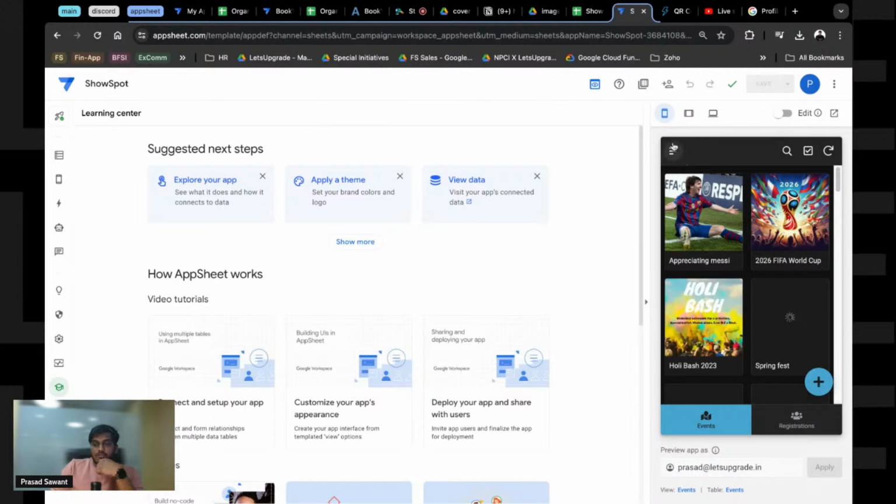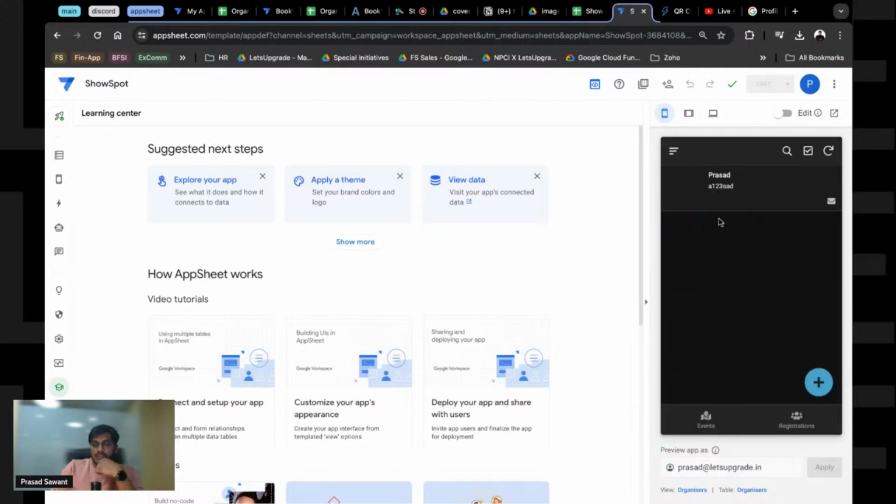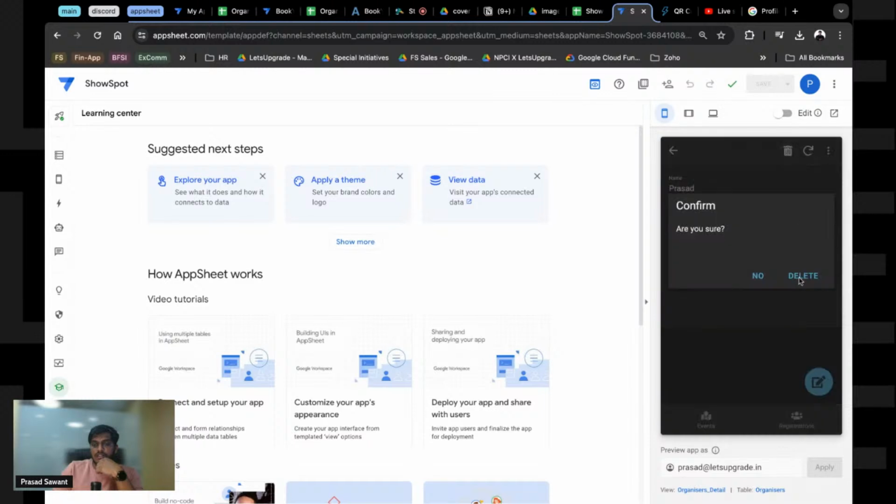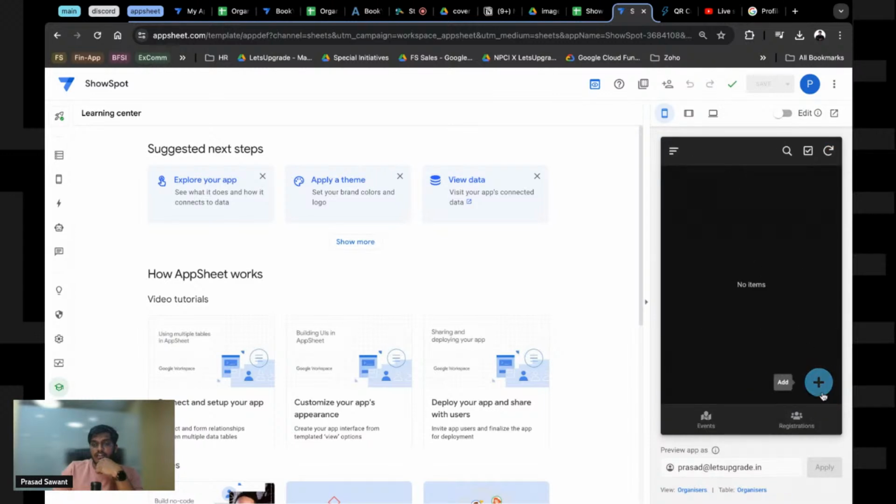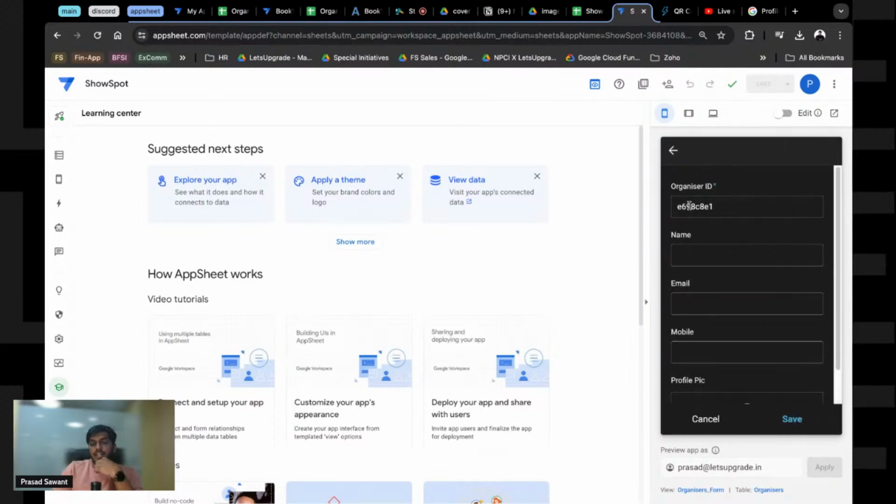And basically I'm going to go into the organizers and have this. So let me do one thing. Let me just delete this. And since I can create it from here, again, if you see, right, this is something that I should not be able to edit. Now this is access again. Organizer ID should be with the super admin. So let's just go and